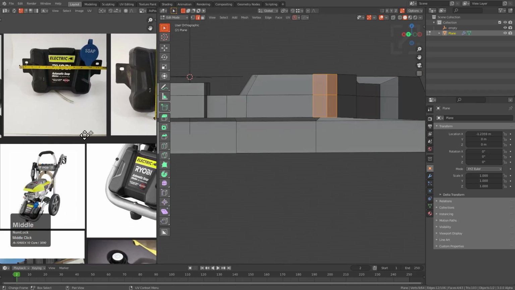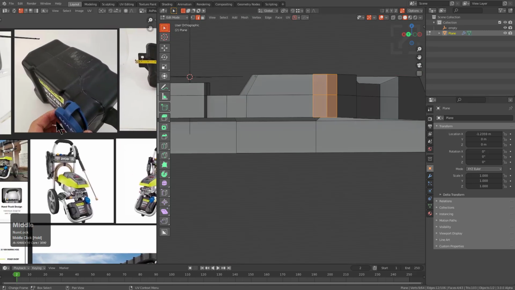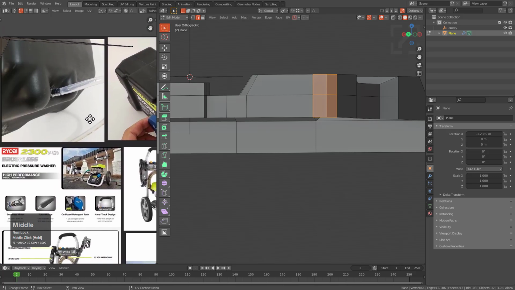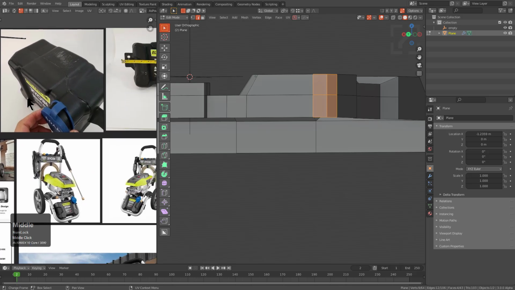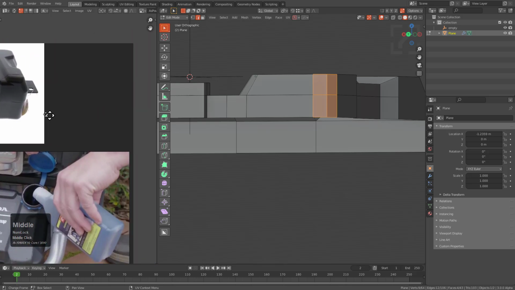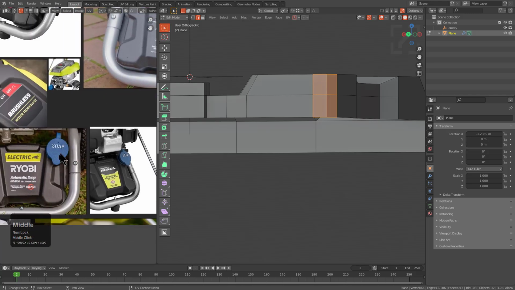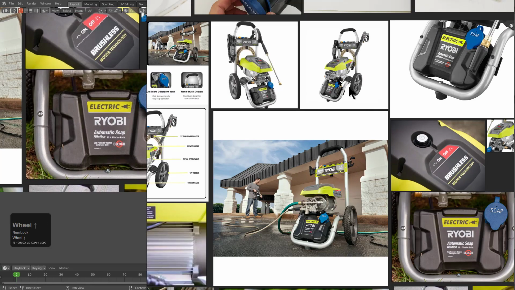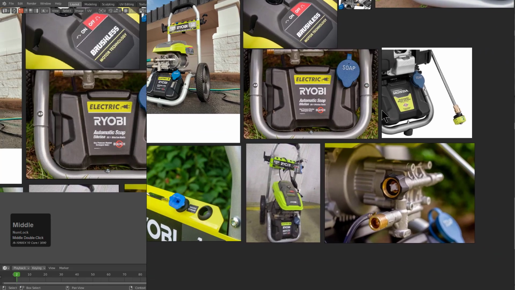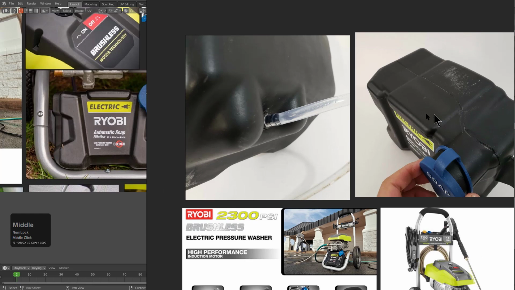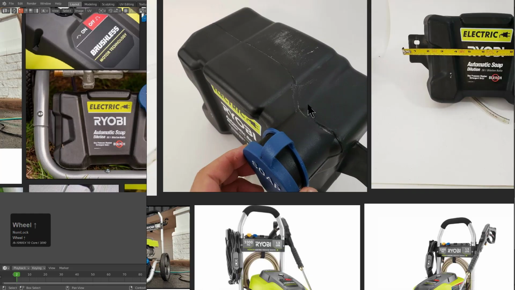So what does the other side of this thing look like? We may never know what this thing looks like on the other side. I mean, maybe this is the other side, but this feels like it's that side. So I'm going to bring over PureRef for just a moment, where I have all these images up. And there's probably even more images. I mean, the only answer for insufficient ref is more ref, but there's different areas that I'm looking at. Like, I probably should have actually come in and done the engine, but